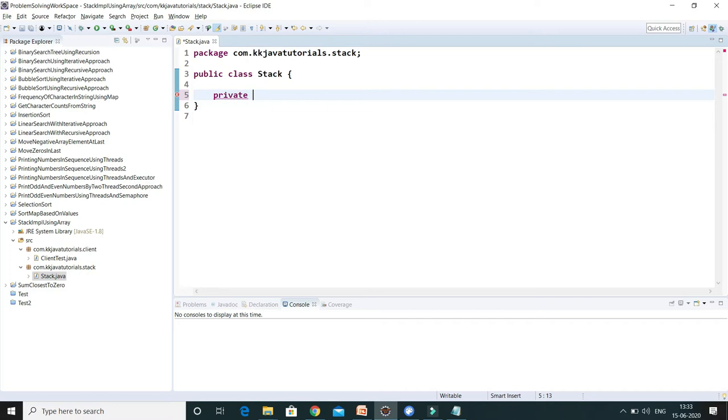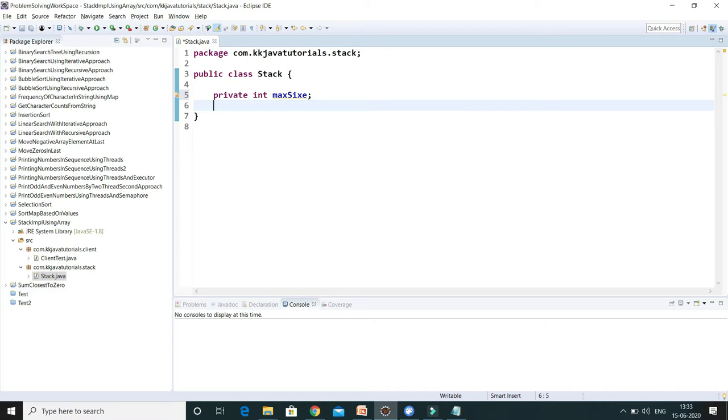But in a real scenario, we will have to implement a stack in a generic manner so that the stack can hold any kind of data type. So here first of all, you have to specify a stack max size or capacity. I'm going to specify max size, and that is the maximum number of elements which can be held by our stack.